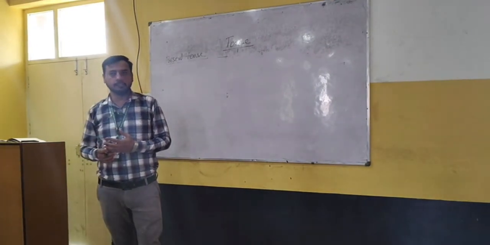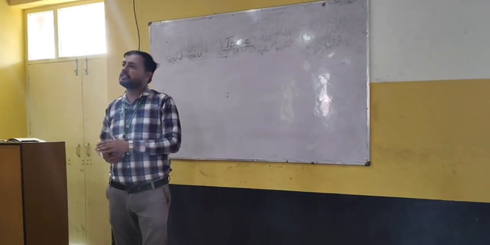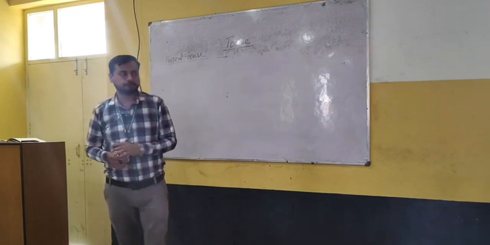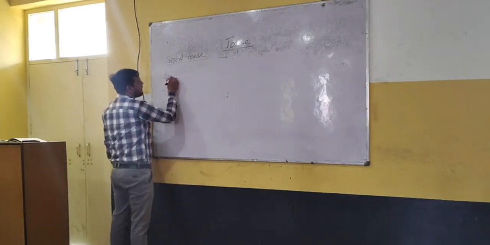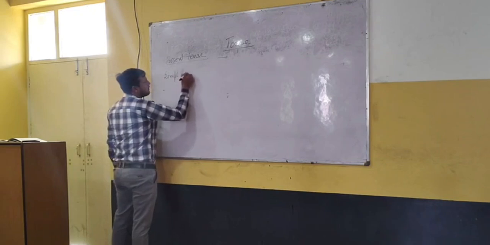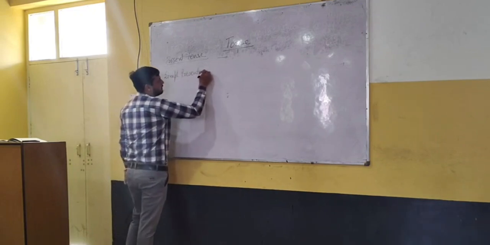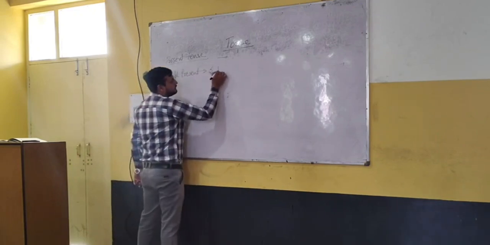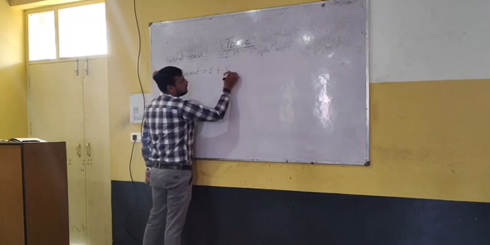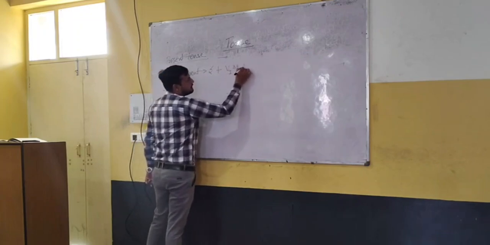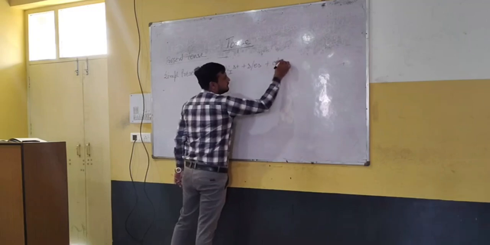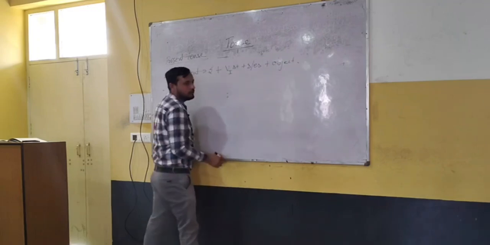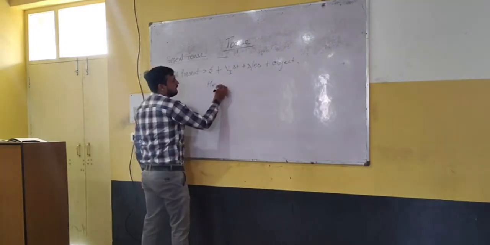Clear? What is the formula of simple present tense? Subject plus verb's first form plus s/es plus object. Clear? For example, he goes